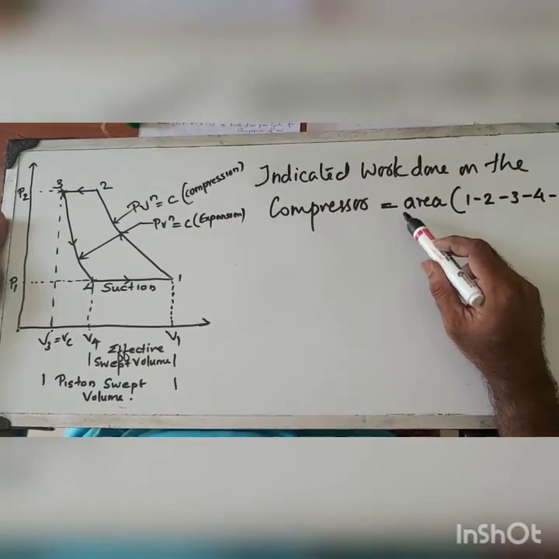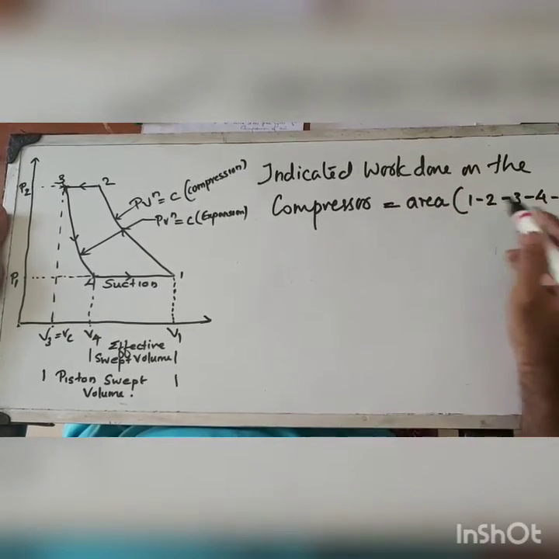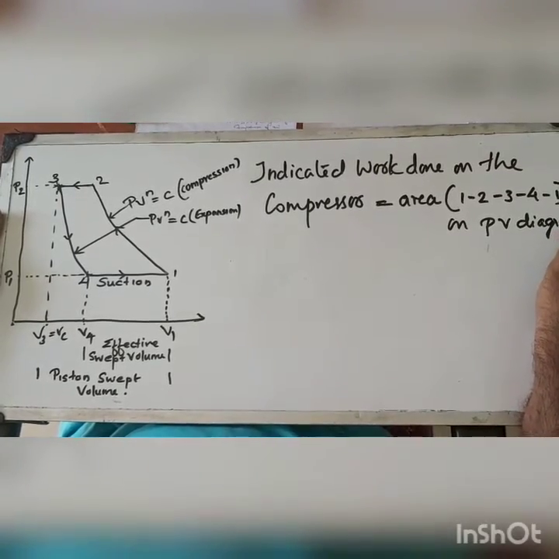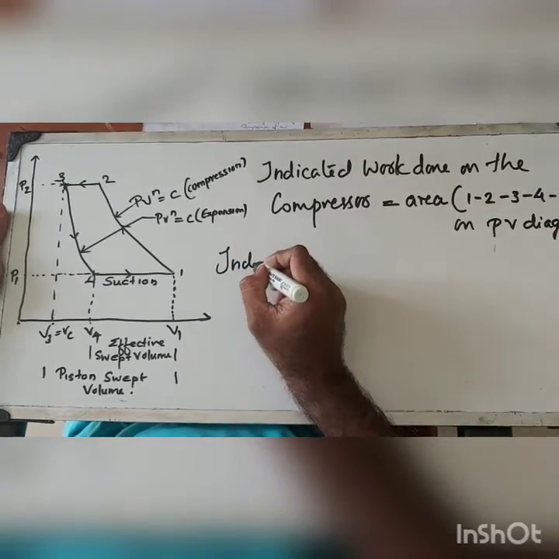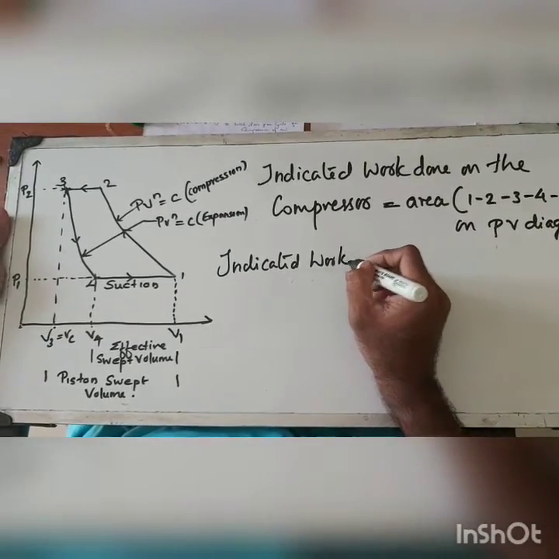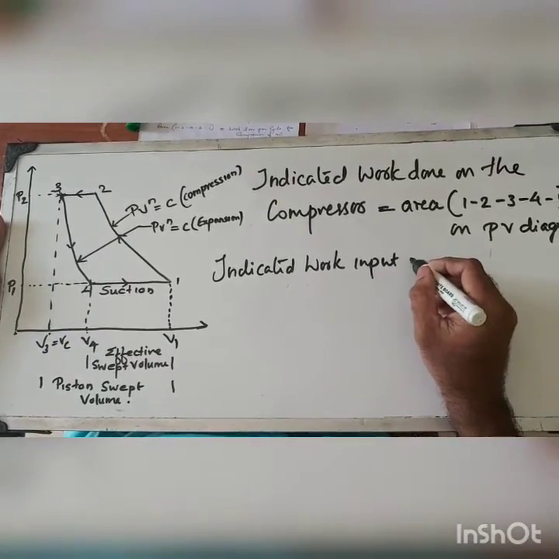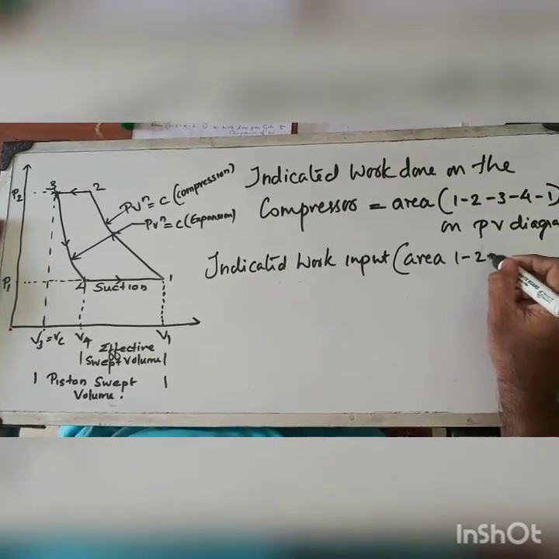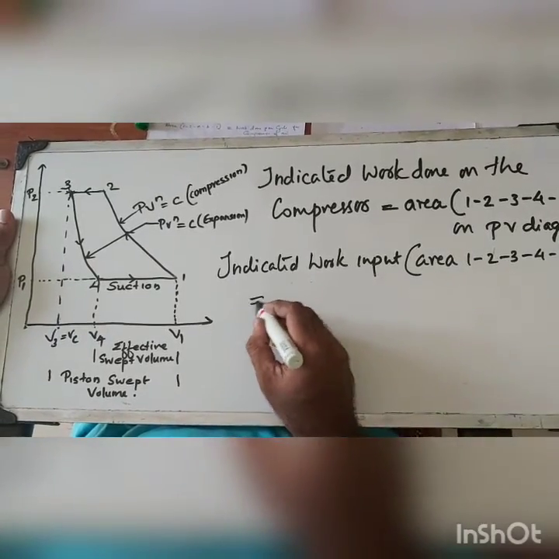So the indicated work input, represented by area 1, 2, 3, 4, 1, will be obtained by